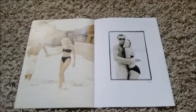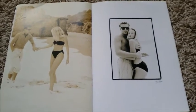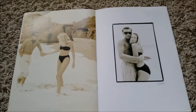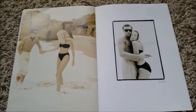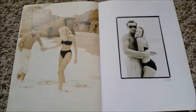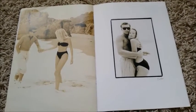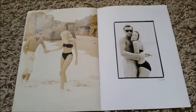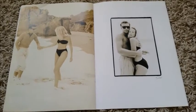Next up is the Drifter, being sported by some dude and some lady in a random black bikini. I mean, if you're like 11 and you're going through this catalogue, you're going to get a semi, aren't you? You know what I mean? With all these skimpy clad women all over the shop. But anyway,